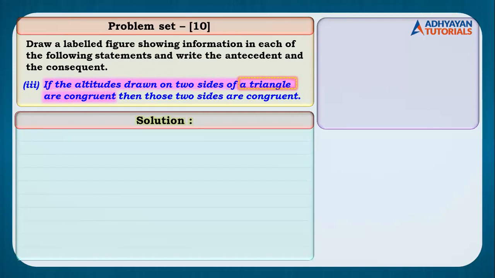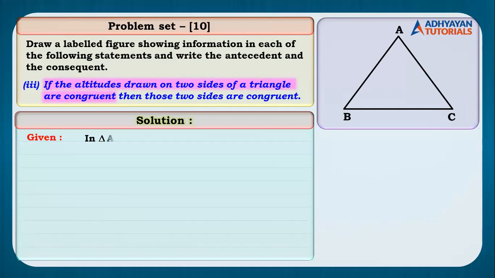First of all, we draw a triangle on the screen. You can name it anything, children. Like I've named it as ABC. Now, the word altitude means a perpendicular which is to be drawn from any vertex to the opposite side. I'll show it to you all on the screen as well. Don't worry. First of all, I state in triangle ABC.